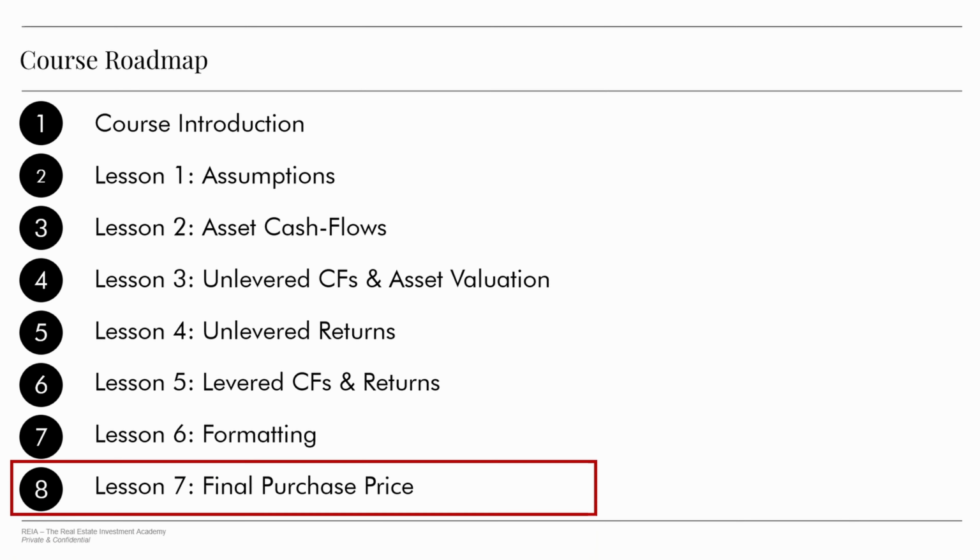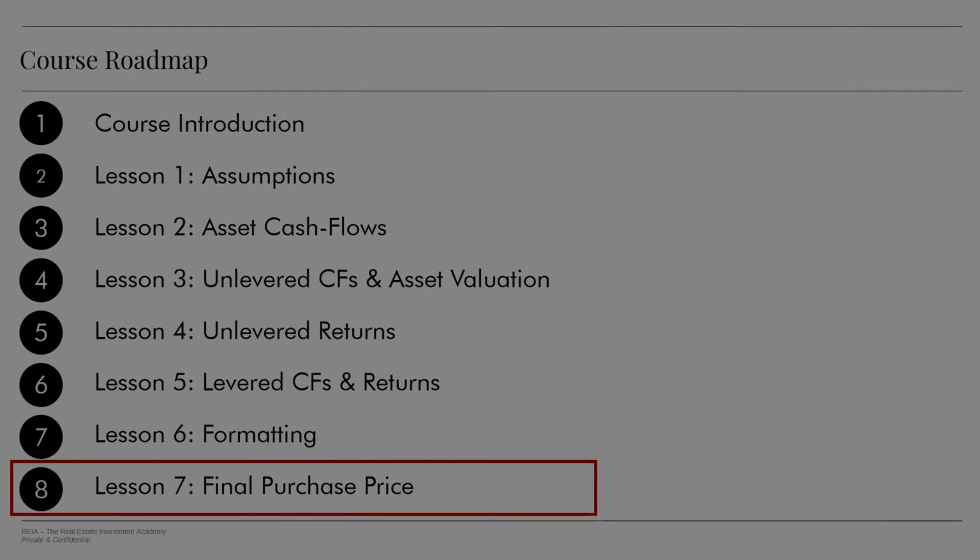This is the final lesson of this financial modeling course. So we've now pretty much completed building out the cash flow profile, and we've also improved the formatting of the spreadsheet. But what we haven't established yet is how much we can actually pay for the asset. And what we're doing in this lesson is learning how to use the Goal-Seek formula so that we can then back solve the purchase price so that Thanos can achieve its target returns.